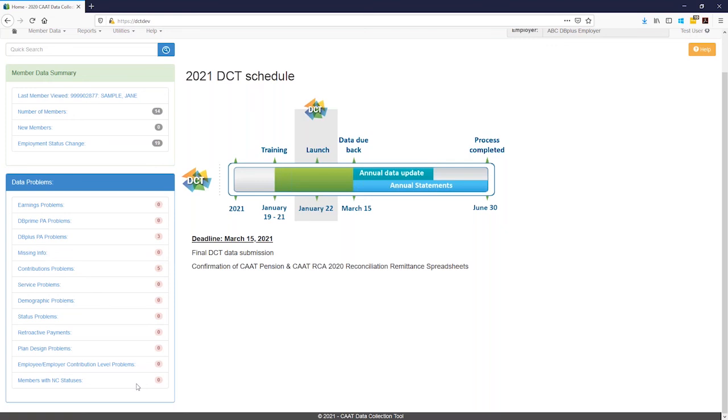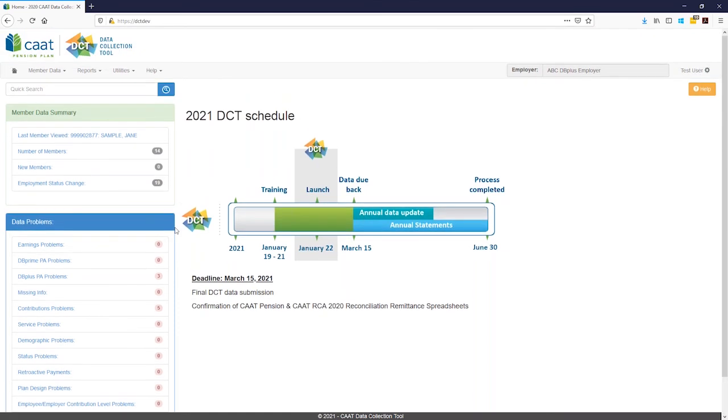The requirement is to correct as many errors and warnings as possible, as data can only be submitted once each error has been investigated and cleared. If there are any errors that cannot be cleared, your employer pension analyst can override the error. Once overridden, you will see a green checked flag beside the error message in the override column. Note, this should be the last step before the data is submitted, as if you run validations again, any checked flags will be removed. Let's look at some validation problems.